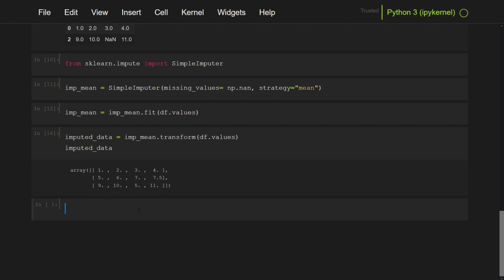Note that we first create the imputer based on the dataset. Thus the parameters were learned. We then transform the dataset according to these learned parameters. Let's go over the code again for better understanding. First, we created an instance called imp_mean. Then we fit the imputer according to the dataset, and finally apply this imputer to the dataset. For example, if you had a test dataset, you would apply this imputer, which has learned the parameters.